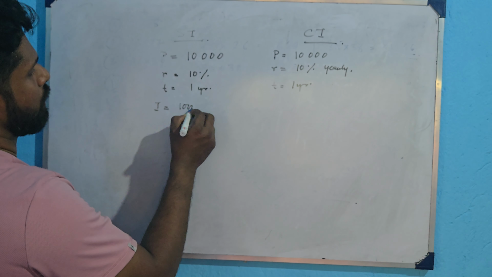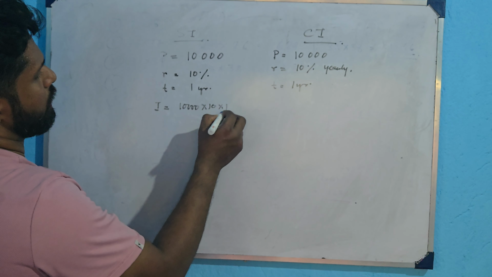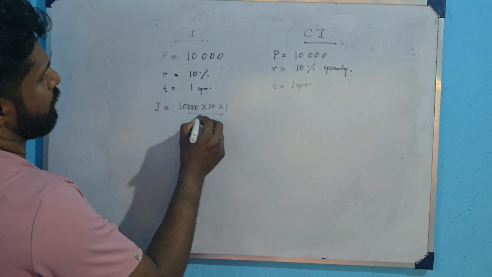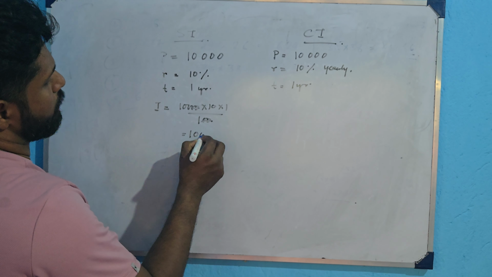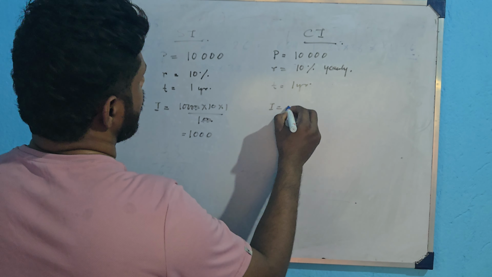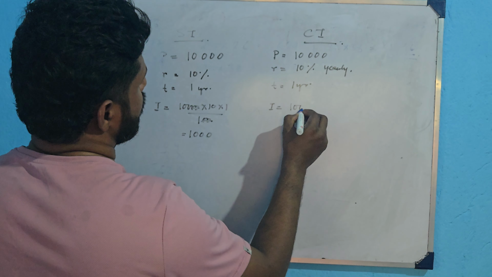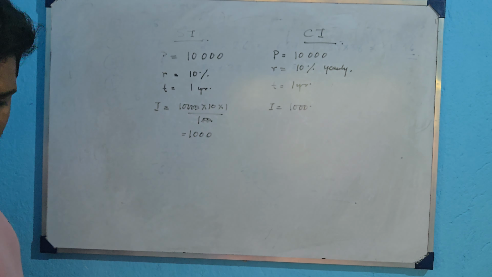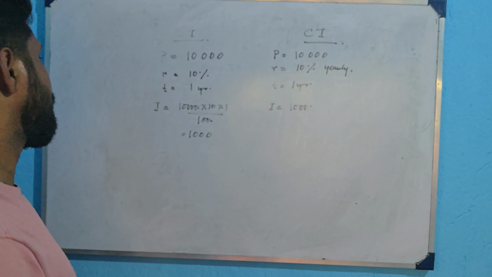So interest will be PRT by 100, which will be 1000. Here also the interest is the same, applying the same formula, 1000. What makes the difference is,